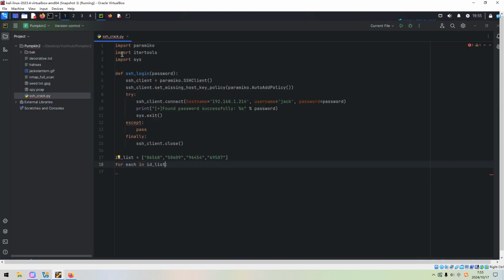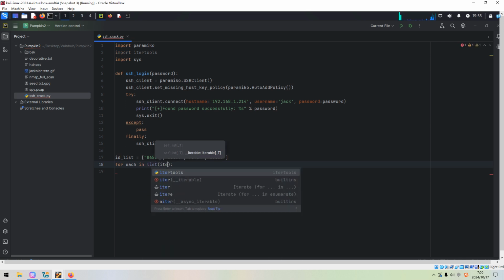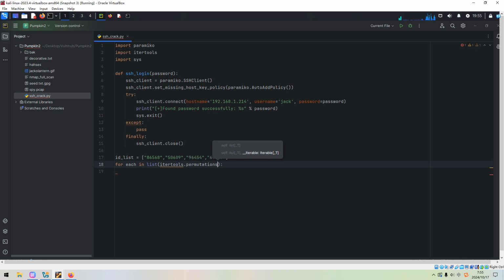So this would be much more convenient, right? So how to do it? We can use the list method and itertools permutations. Oh, sorry, this should be ID list.